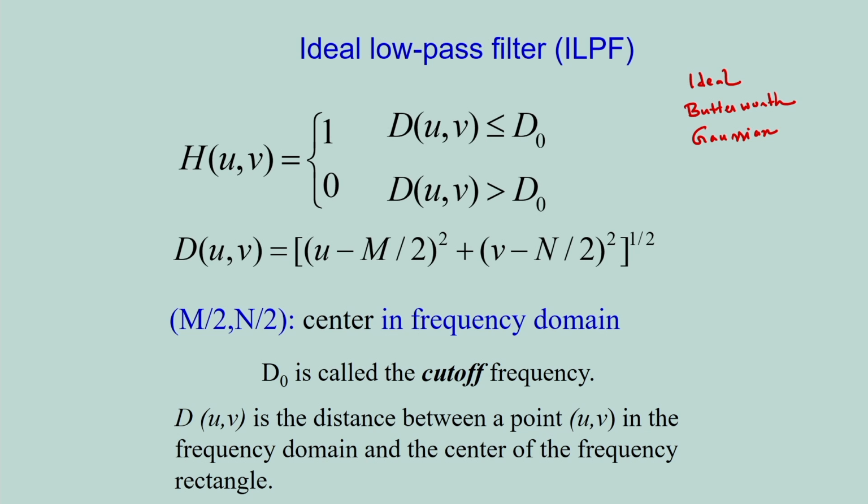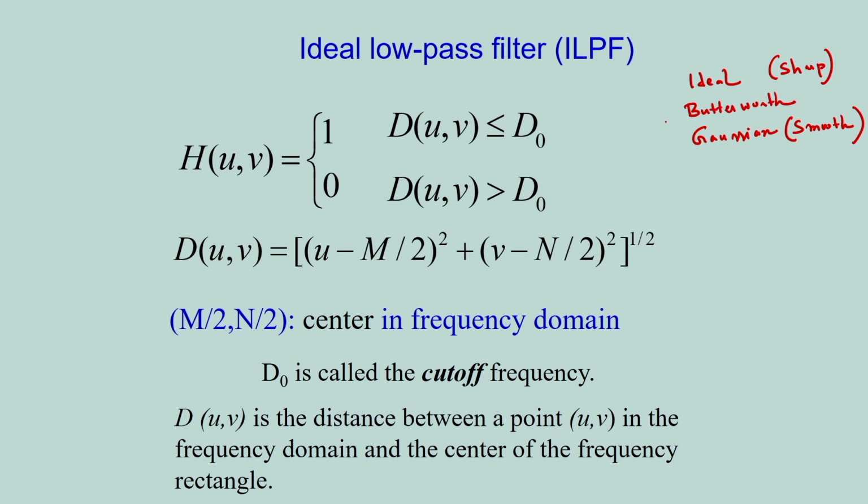In case of the ideal filter, that is mainly sharp filtering. And in case of the Gaussian filter, it is something like smooth filtering. In case of the ideal filter, the transition from the pass band to the stop band is very sharp. I am repeating this: for the ideal low pass filter, the transition from the pass band to the stop band is very sharp. So that is why I am getting the sharp filtering. But in case of the Gaussian, it gives smooth filtering.